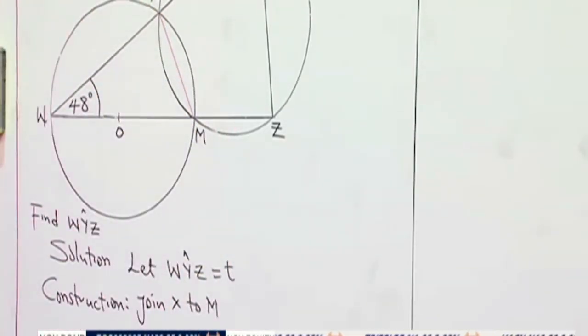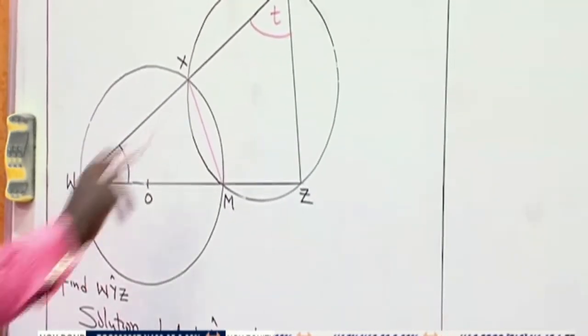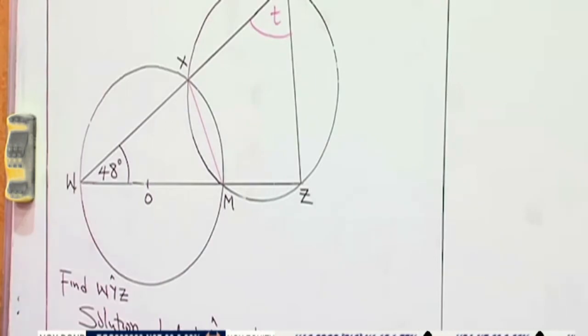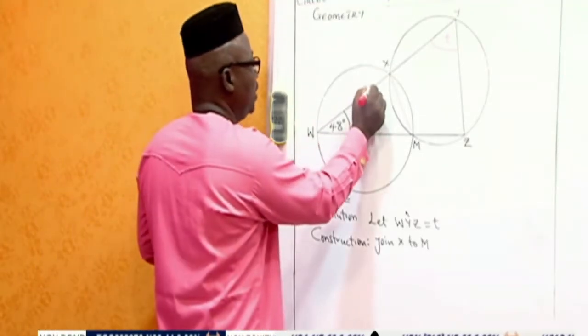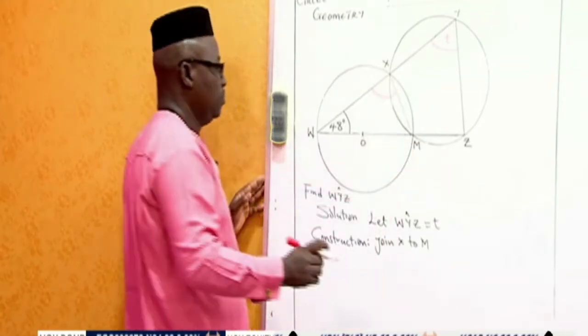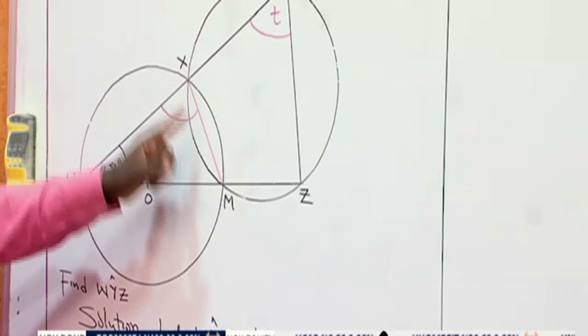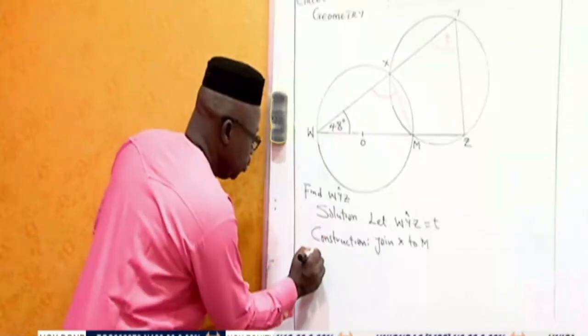Immediately I've done that, I can see a cyclic quadrilateral. This is a cyclic quadrilateral. And likewise, I can see an angle in a semicircle. This is an angle in a semicircle here. So in this case, angle WXM is going to be 90 because it's an angle in a semicircle. So I'm going to write that WXM